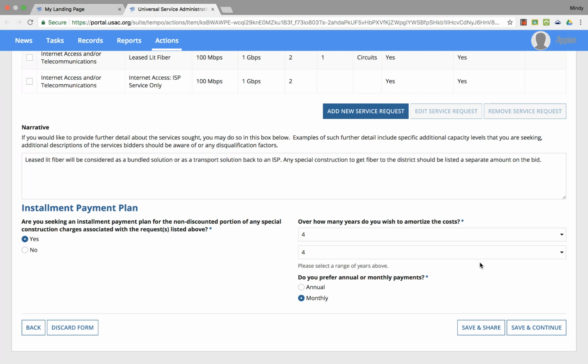Again, a 470 is a wish list of sorts, so anything that we apply for here on the 470 does not lock us into anything. If we get the bids back for this district and it is just too much for us to handle financially, and the state match is not readily available to help us with those costs, we can back out at any time. So nothing locks you in when filing a 470. You're just asking for bids and requests to see what that might cost. So again, it looks like we're pretty good on this page, listed everything that we're interested in here, and click